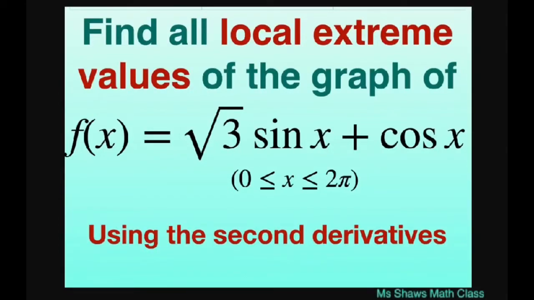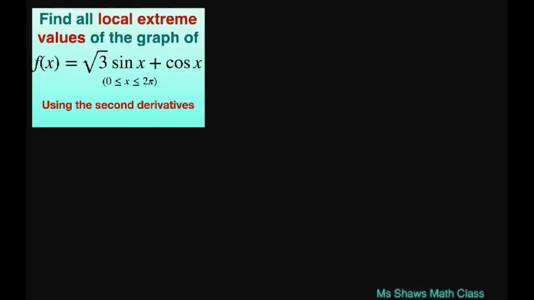Everyone, we're going to find all local extreme values of the graph of f of x equals the square root of 3 sine x plus cosine of x by using second derivatives, and we're restricted between 0 and 2 pi. All right, so to find the